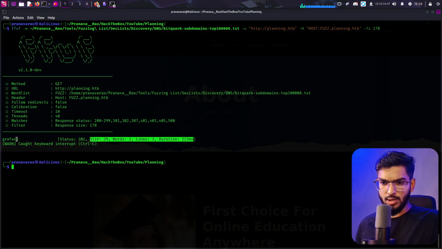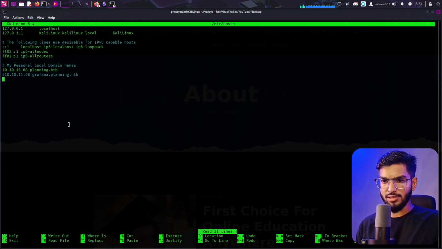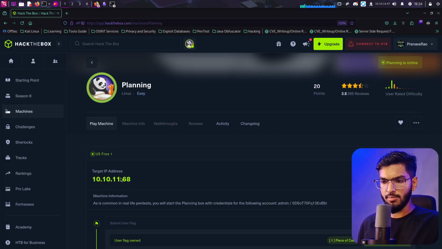What I will do is, since I want to investigate what exactly this is doing, I will add that to my /etc/hosts file. Oh, sorry, I need to specify nano there because I want to edit it. So sudo nano /etc/hosts, and then I will just uncomment the line which I had previously written here, which is the same IP address of my HackTheBox IP address, and then